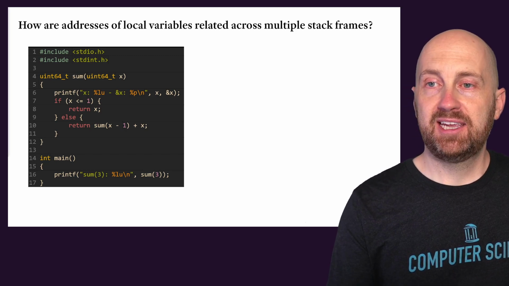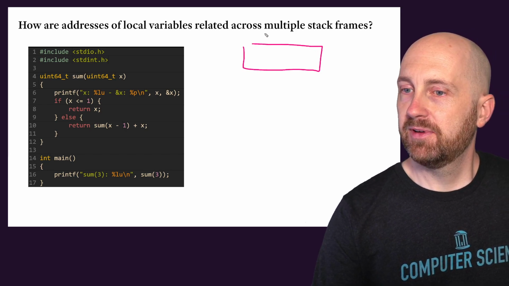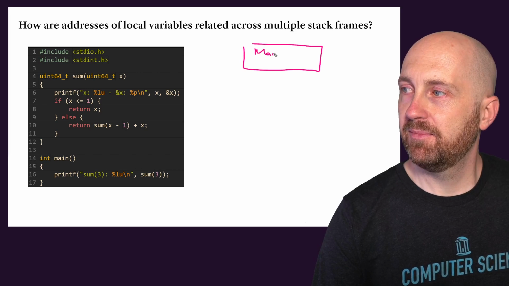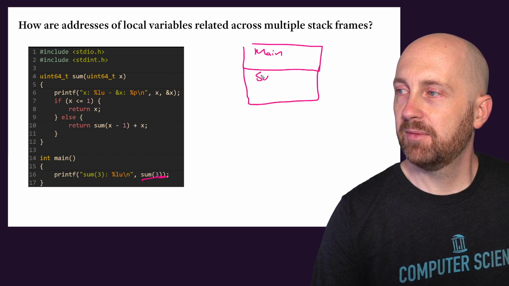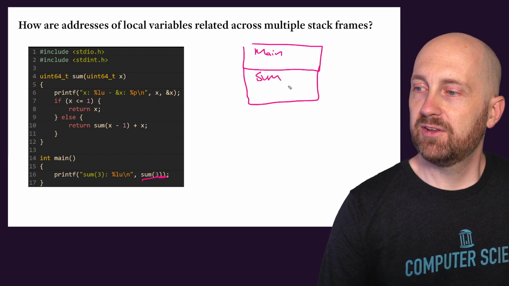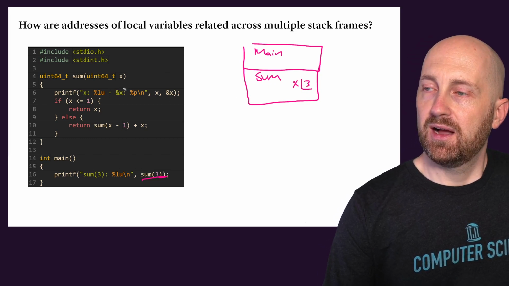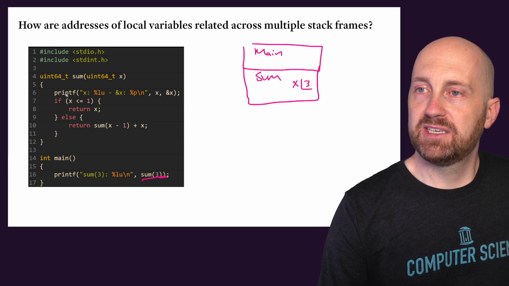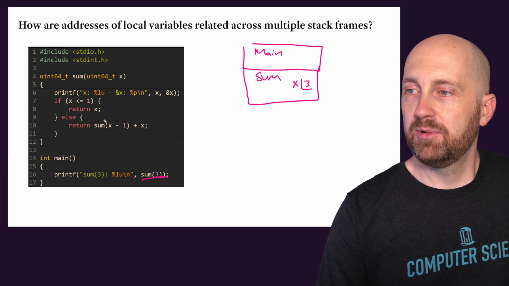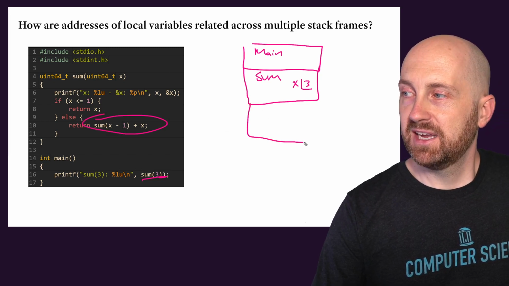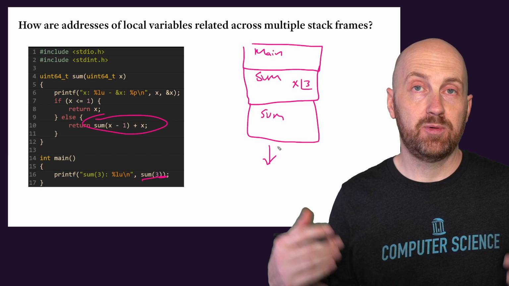All right, so a key idea to remember is if we're thinking about the call stack, we've got our main frame, and then when this call to sum occurs, that would set up another frame, sum, and it's going to have an argument x that is 3, right? And that 3 will be assigned to the parameter inside of the frame for sum, and we would print out the address and x, and then when we reach this line, we would once again have another frame for sum, and so on, right? Until we reached our base case,